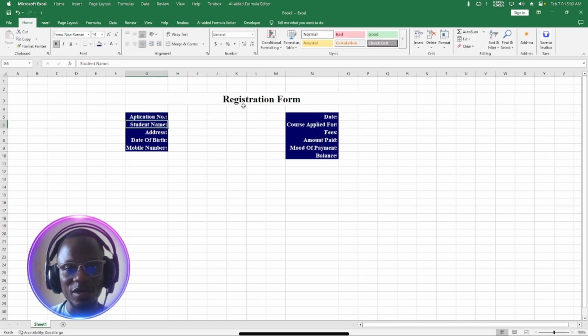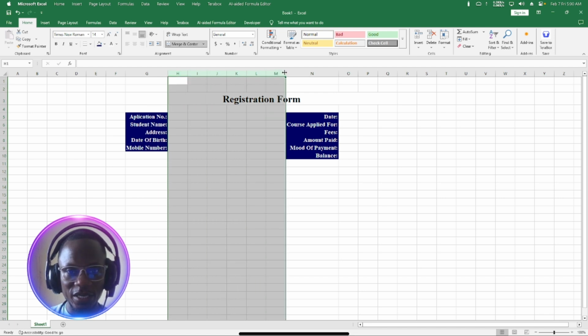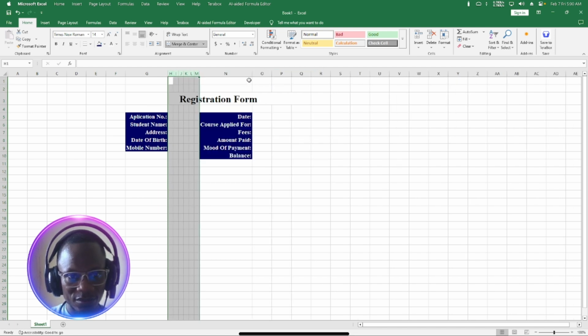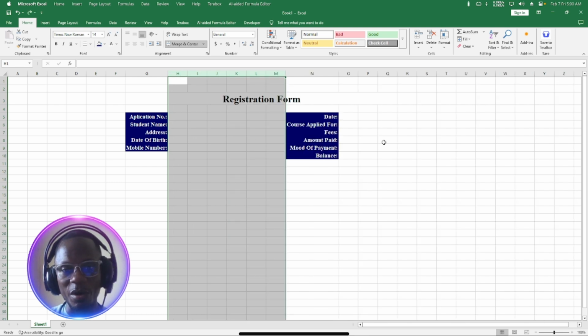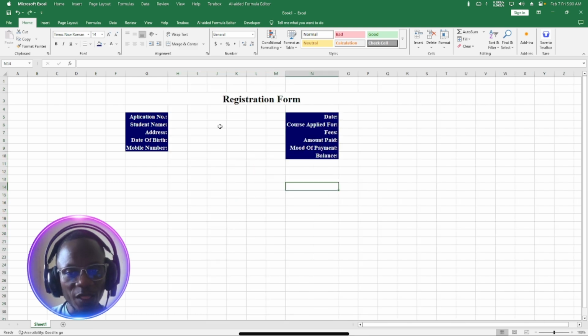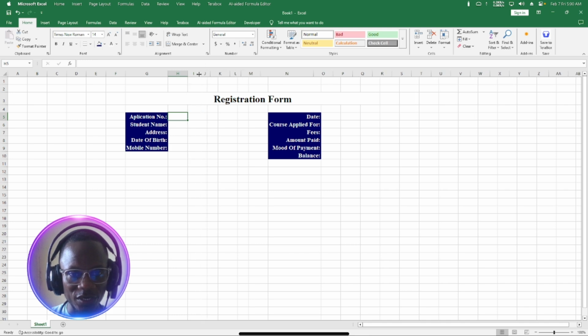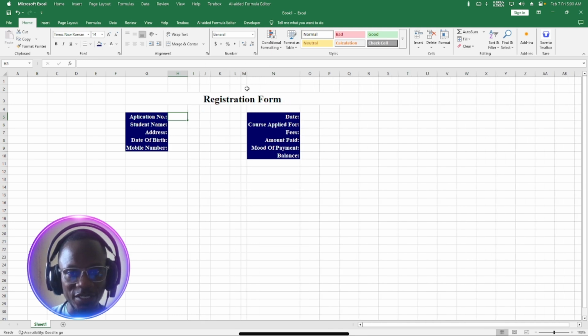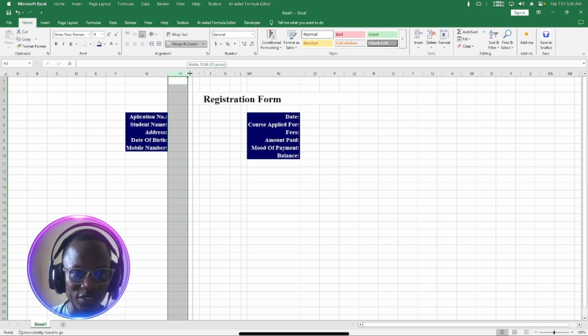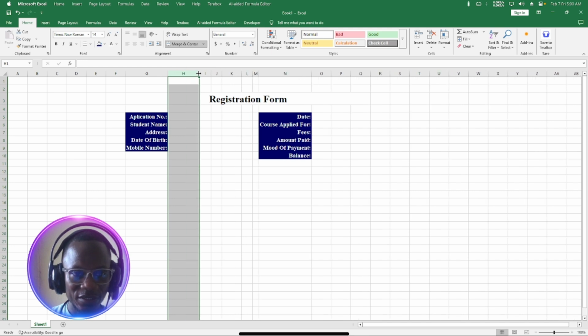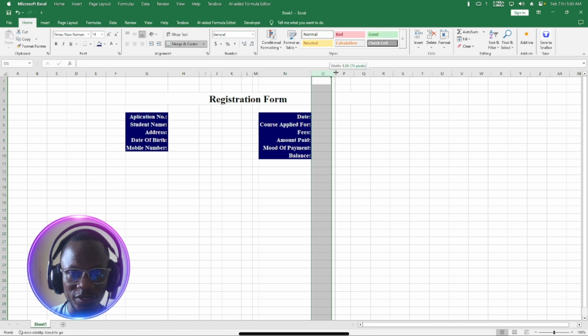So I'm done there. Now I want to close the space here, so I can equally select this just a little. So this is equally okay, but I'll maintain it as it is this way. Then after that, I'll come to this side where I can close here a little bit, and close here also a little bit, so that at least I can have everything in a nice form. So here, this is where I'm going to enter my data. So far as my form number is concerned, I'll highlight it and open it a little bit wider, and do the same thing here also, open here also a little bit wider